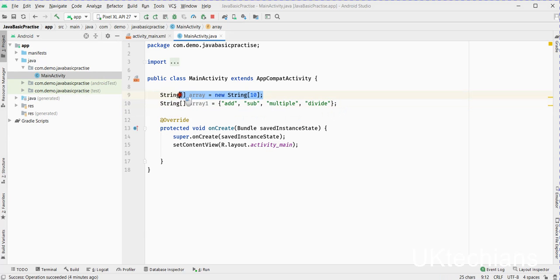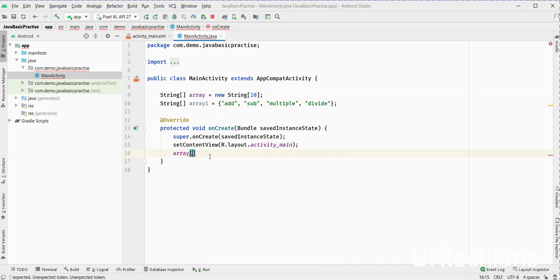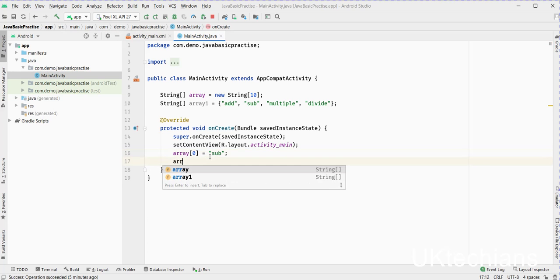But I want to store values in this array. So the array size here is 1, 2, 3, 4, right? And the array limit here is 10. So let me declare the values of the array here. To declare the array in this way, we have to write the index in which we want to store the value. So let me say array 1. In one index it will store add, in 0 index it adds sub,